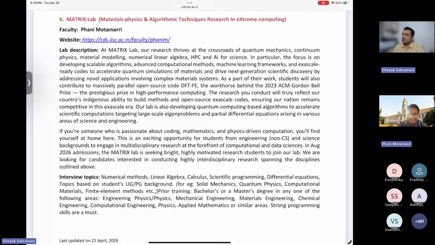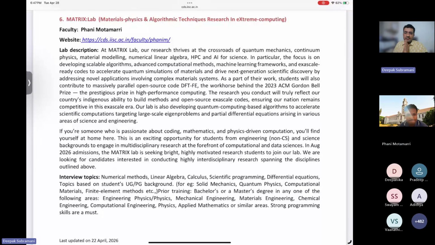And we accept, as I said, any background in engineering. Specifically, we have so far been successful in finding the right interdisciplinary mindset in people who are at the core engineering disciplines and sciences, not really computer science, but we are open to all kinds of branches. So I wish you all the best for your interview and look forward to seeing you in the week of May 10th. May 11th. Thank you.